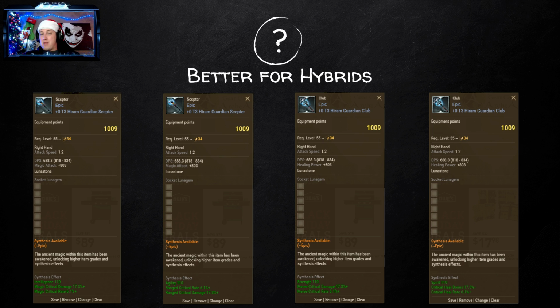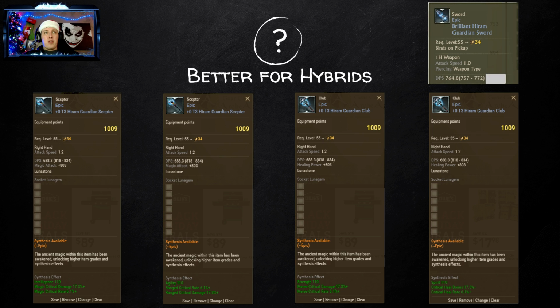Maybe you want to run Malediction for some reason, and you need that magic attack on the weapon pure. These are options. I will point out to you that the DPS on the hybrid weapons, the weapon damage appears to be lower, but what you have to keep in mind is